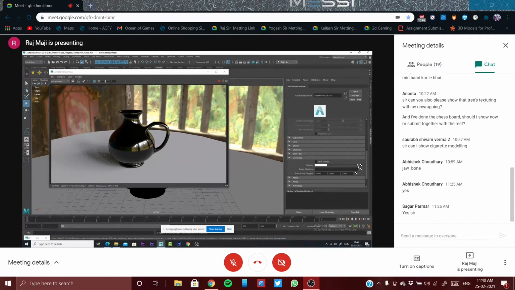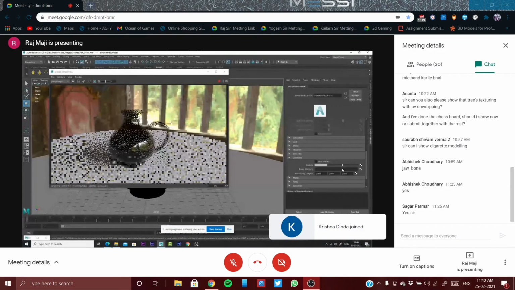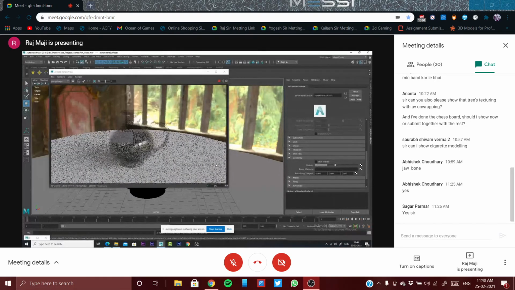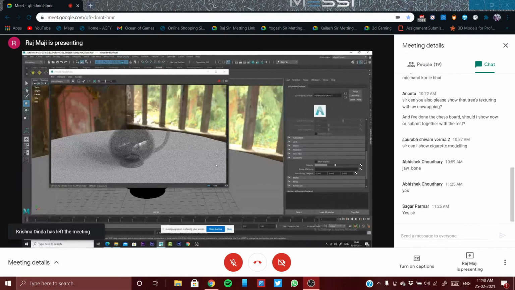So opacity, I'm just reducing, and you can see it's becoming transparent. Okay, so this is transparency, not transmission. Nor is refraction happening in this area. So this is not a glass. Remember this.